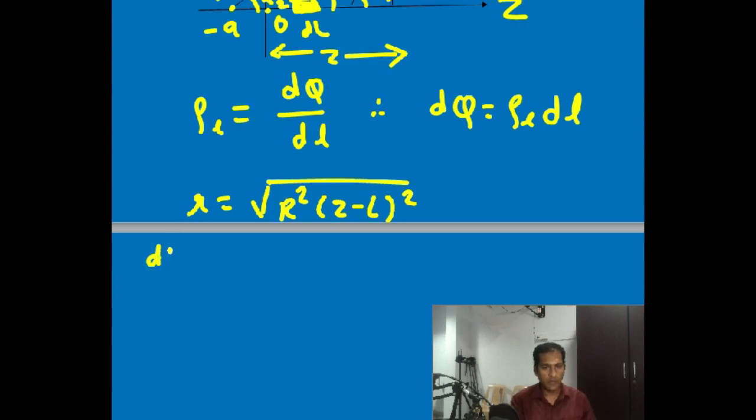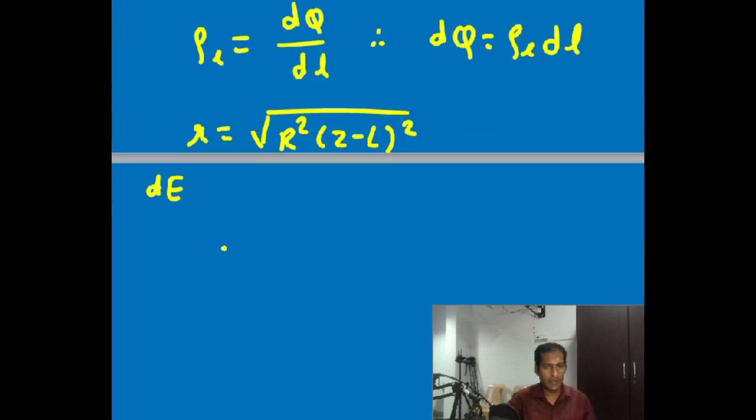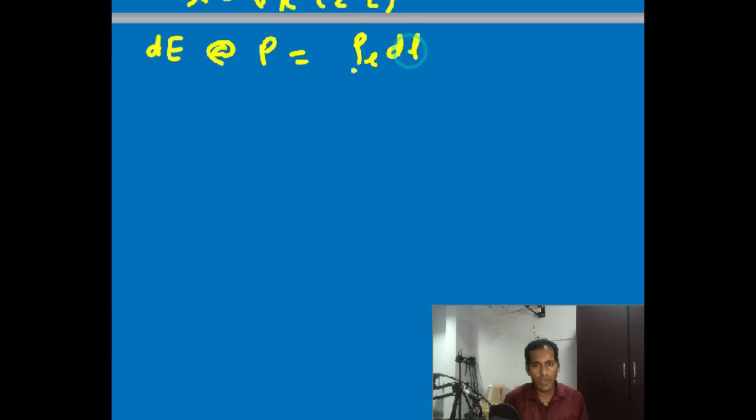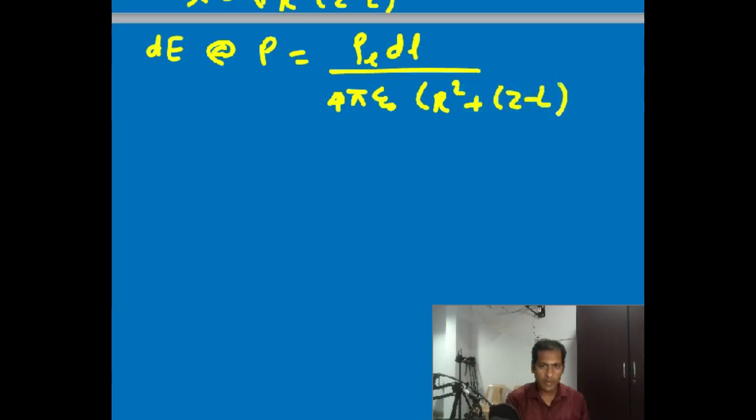Now for the differential electric field intensity at the point P, dE at point P will be given by, as it is line charge density, in place of dq we will write rho L dL divided by 4 pi epsilon naught, in bracket we have r square plus z minus L whole square